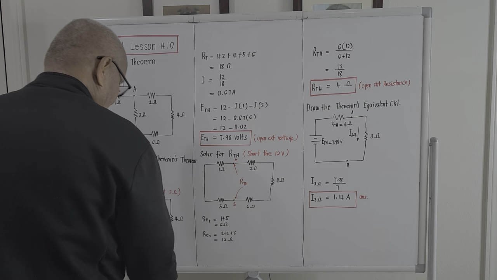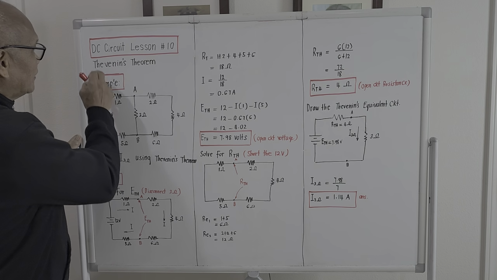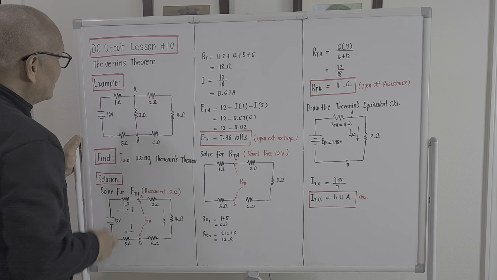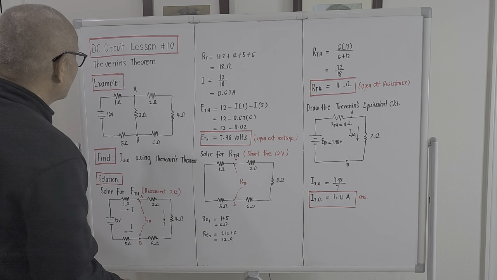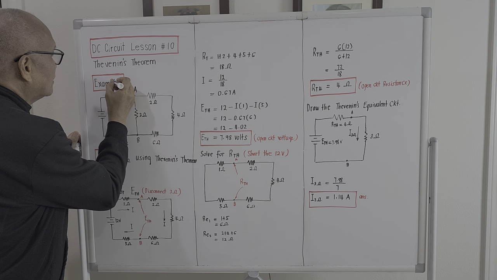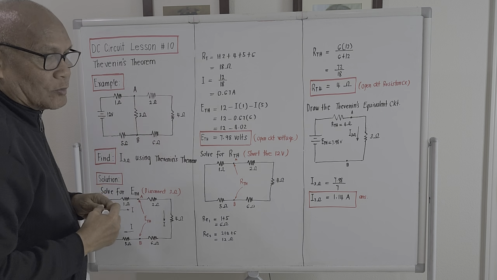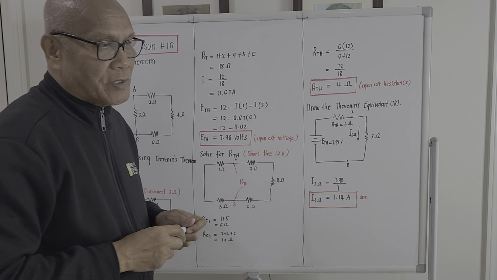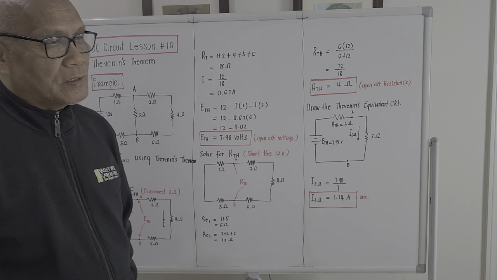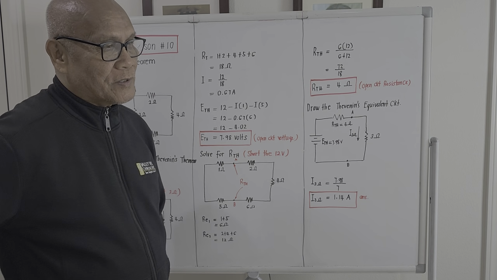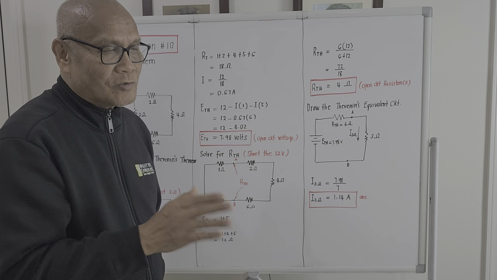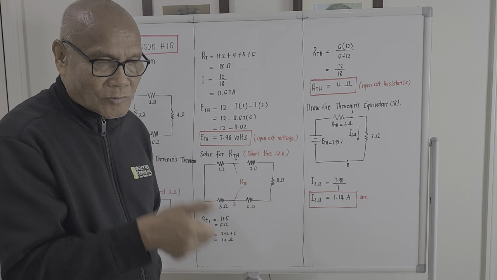The title of the subject matter for this morning will be DC circuit lesson number 10, and this is Thevenin's theorem. Thevenin's theorem is actually one of the solutions of circuitry in which if we are given a circuit and the problem is asking for the current passing through that portion of the circuit, actually we could present a solution by using the so-called Thevenin's